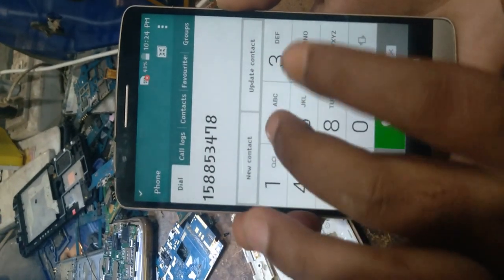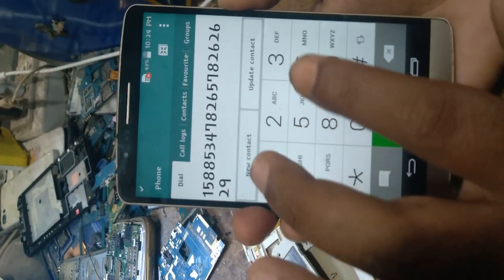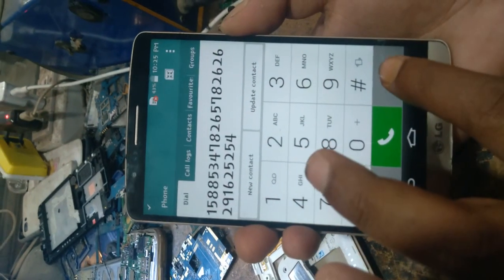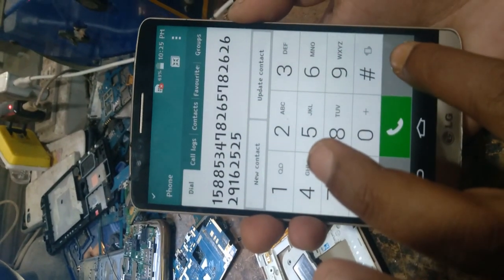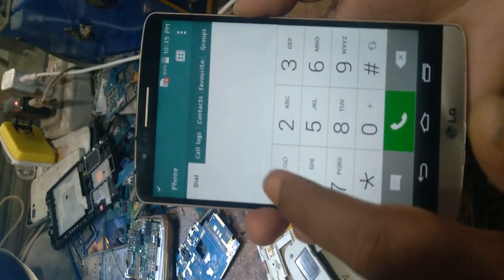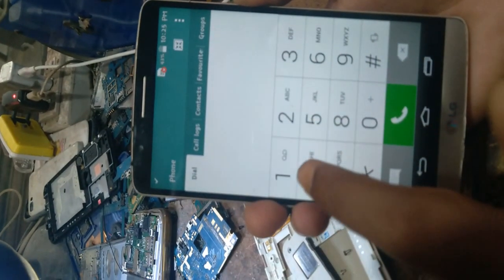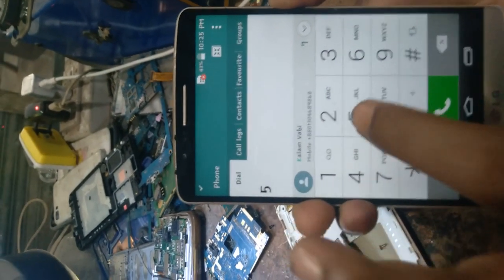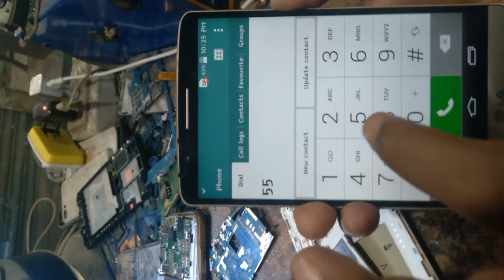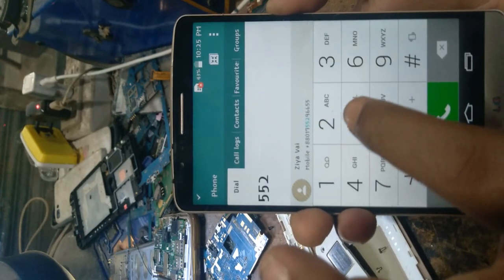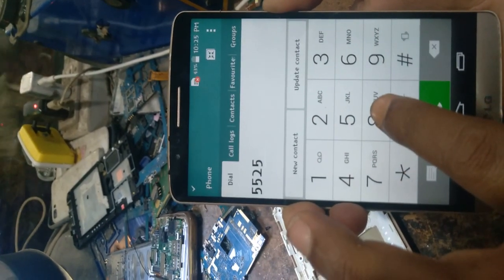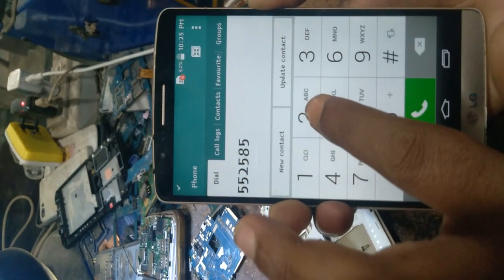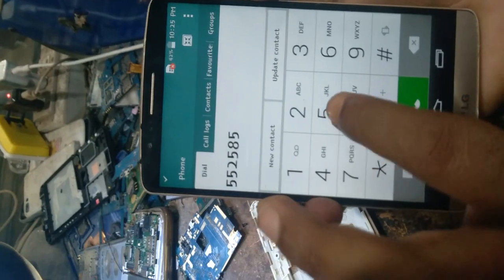Slow motion to work. Fourth time work, one time work. Look, slow motion, slow. This is